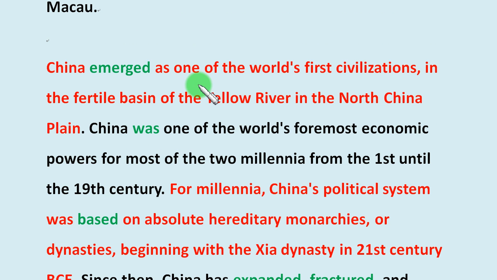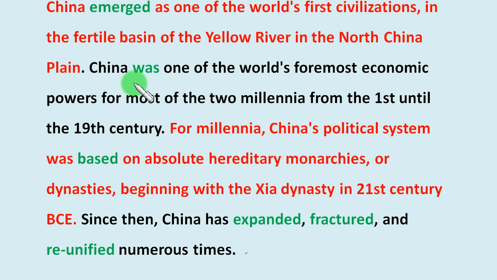China emerged as one of the world's first civilizations in the fertile basin of the Yellow River in the North China Plain. China was one of the world's foremost economic powers for most of 2 millennia from the first until the 19th century. For millennia, China's political system was based on absolute hereditary monarchies or dynasties, beginning with the Shang dynasty in 21st